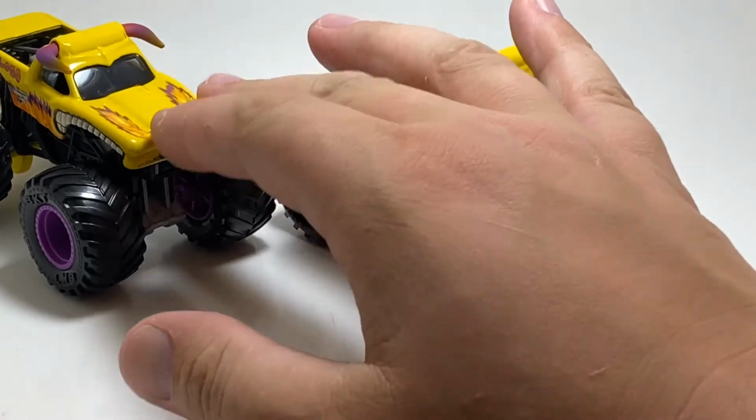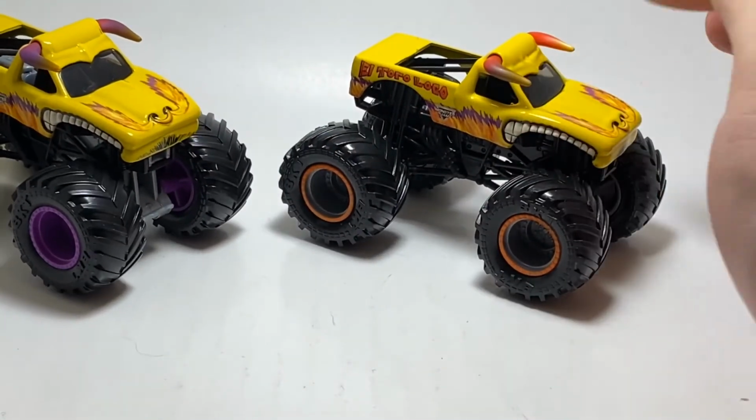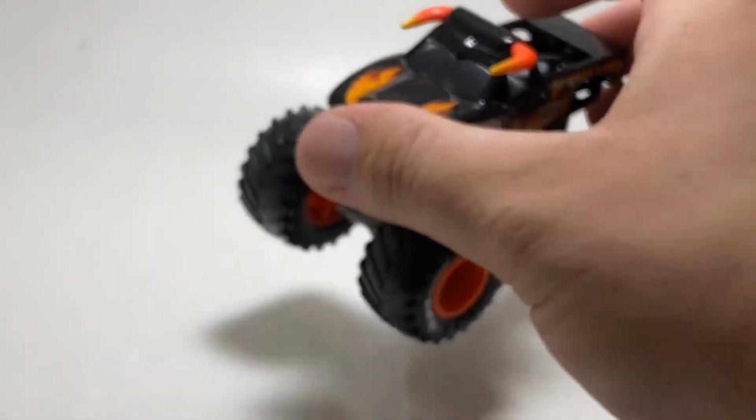like it, but I don't know, my eyes go to this one a little more. I kind of like the purple rims and the purple horns compared to this one. And then this year, in 2021, in Mix 17, we finally got an El Toro Loco that was black, but